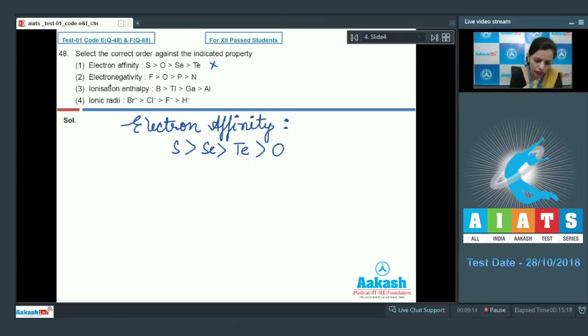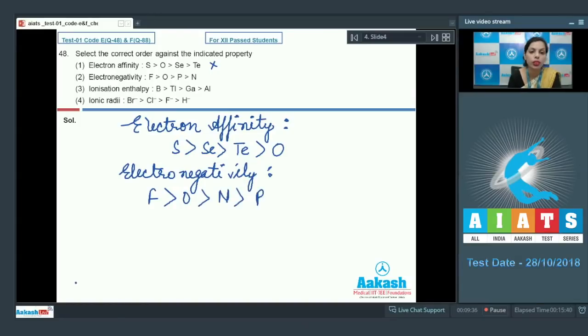Then electronegativity, if we talk about it, this order is also incorrect, because the correct order for electronegativity should be fluorine, most electronegative, then oxygen, then nitrogen, and after that phosphorus. After which we have the next, ionization enthalpy. I should mark it also wrong. Then ionization enthalpy,